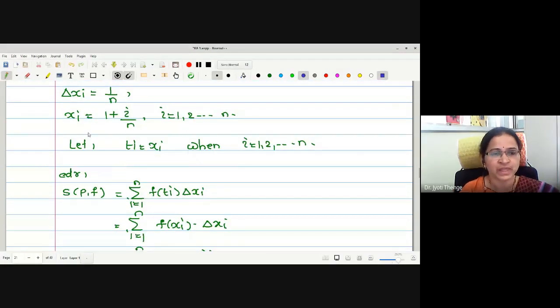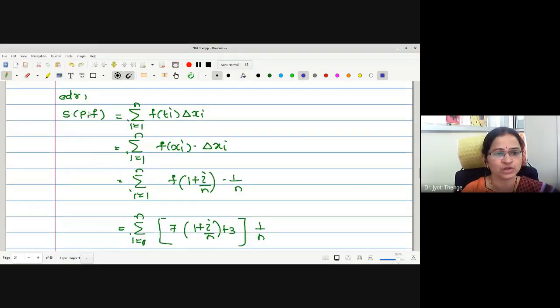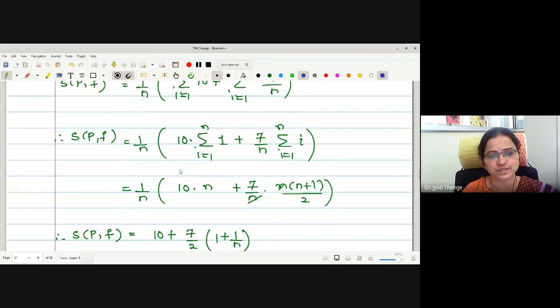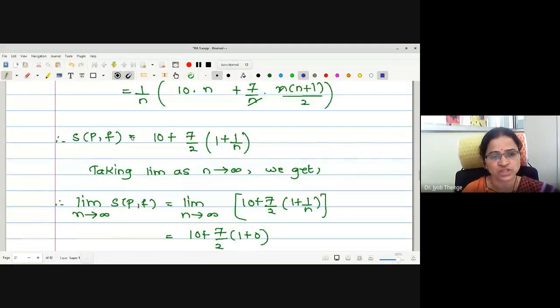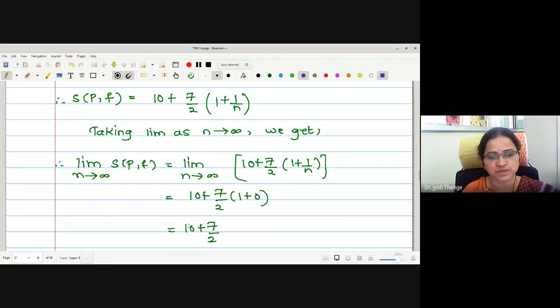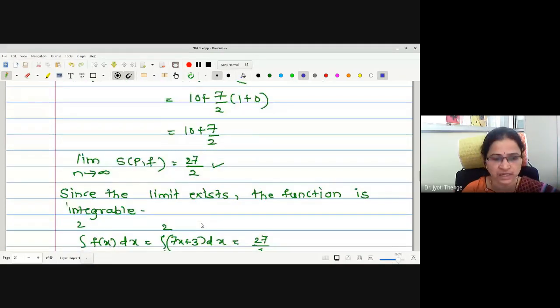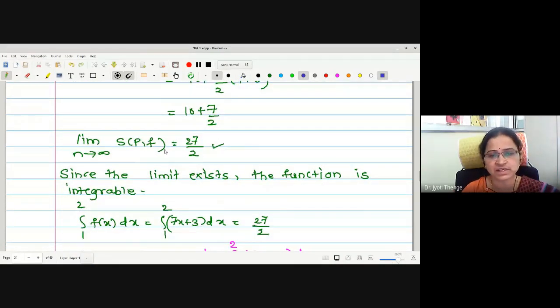Then we have selected the point Pi and found the value of the Riemann sum S(P,f) with the formula summation i equals 1 to n f of Pi into delta xi. Then by further algebraic calculations, we have checked whether the limit of this S(P,f) exists or not. And if the limit exists, according to the second definition, the function is integrable and whatever is the limiting value of S(P,f) is nothing but the